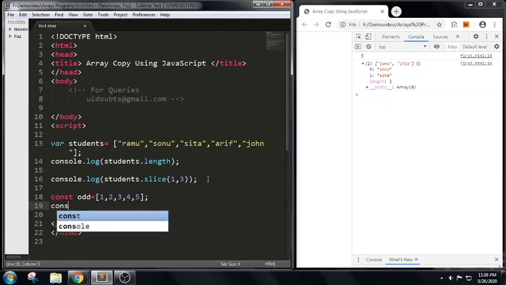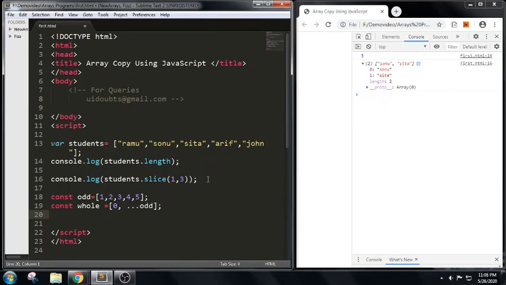Now I want to take one more thing. For example, whole. In this whole, I am trying to write only one value, that is 0. Now if I want to pass all these values into this next array, then we can use the spread operator followed by 3 dots, which will allow us to iterate all the array elements, maps, sets. In this I am passing another array, which is indirectly an object. So we are passing odd here.